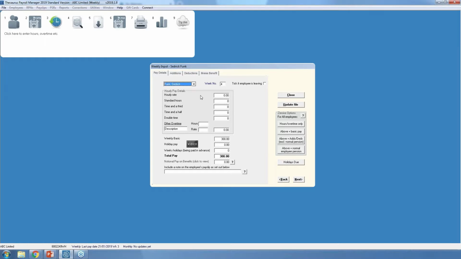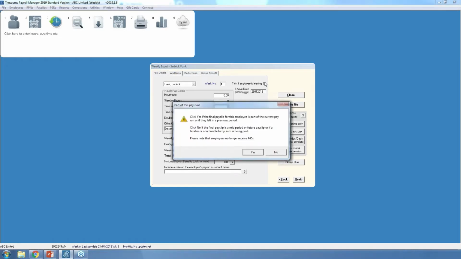Okay, so you should just review the details that are there for the employee and ensure that they are the correct payments for that final payslip. So I tick to indicate that the employee is leaving. Okay, so I get a message then asking me